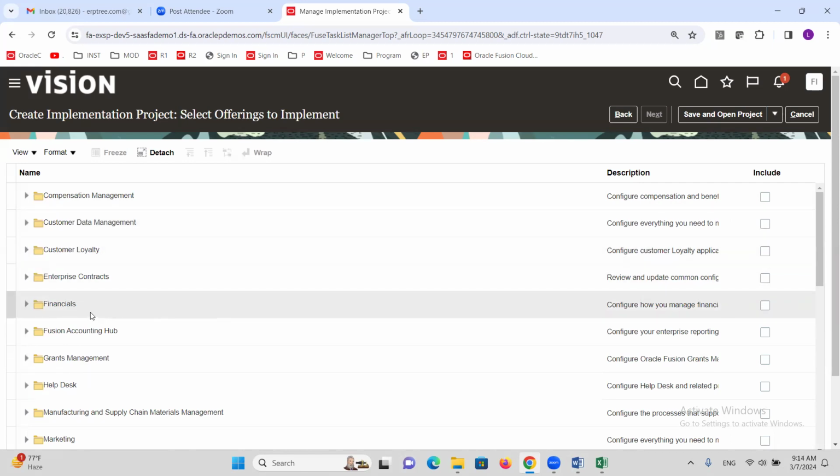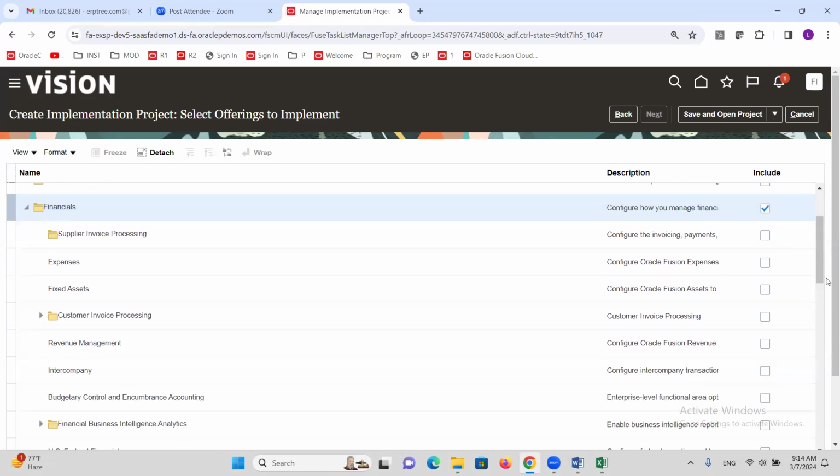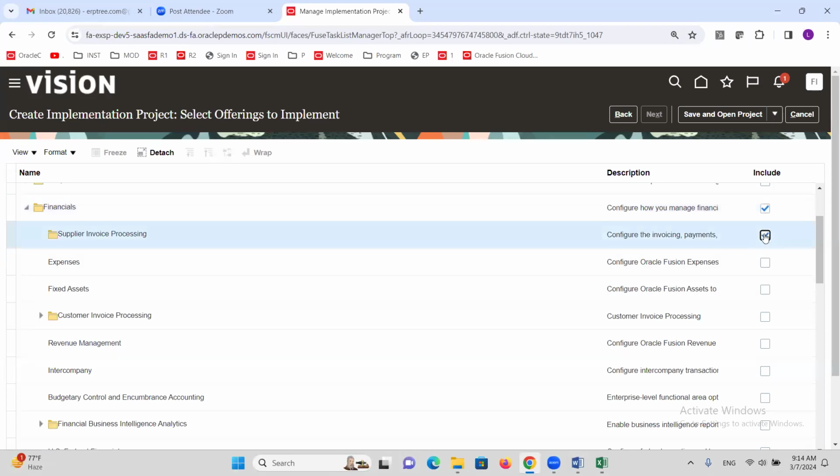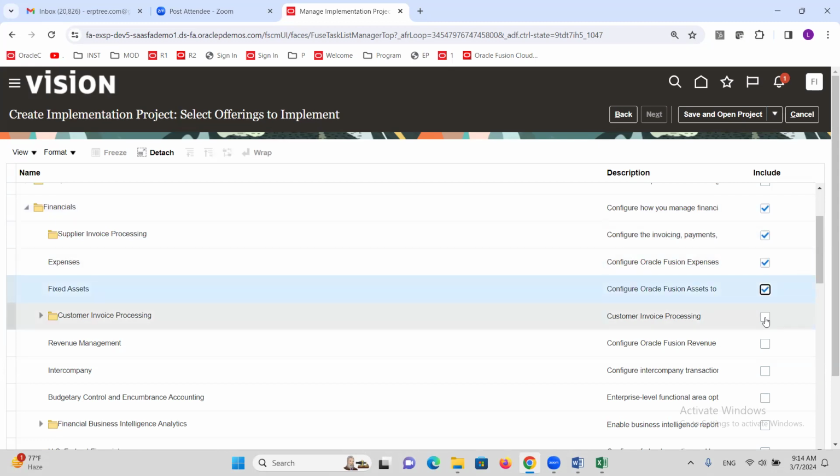Now, we are going to implement financials. So, include. When you include financials, it will expand and ask which options within financials you are going to implement for your client. You have to select here. So, payables, supplier invoice processing means payables. And expense and fixed assets. Customer invoice processing is nothing but receivables. Include